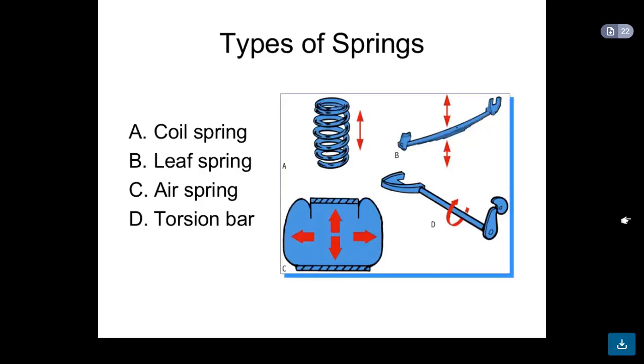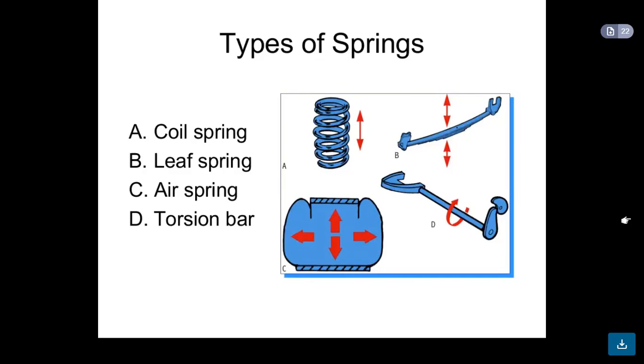If we see the types of springs, different types of springs are available, like coil spring, like in figure A. This is called coil spring. So coils are arranged parallel to each other, and this is called coil spring. Leaf spring, if we see the diagram B, this leaf spring is currently available in case of trucks. A lot of these horizontal plates are arranged on each other, and it makes one stack, and by using U-bolt joint the stacks get connected, and this is mounted on the chassis frame. So this leaf spring absorbs the vibrations coming on the vehicle.